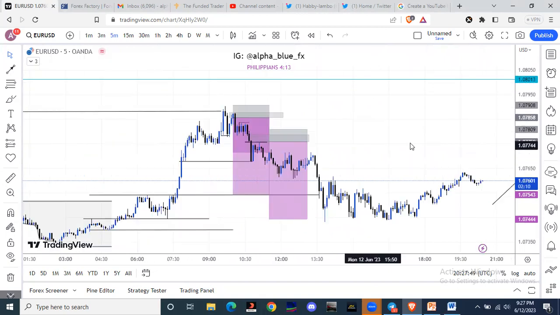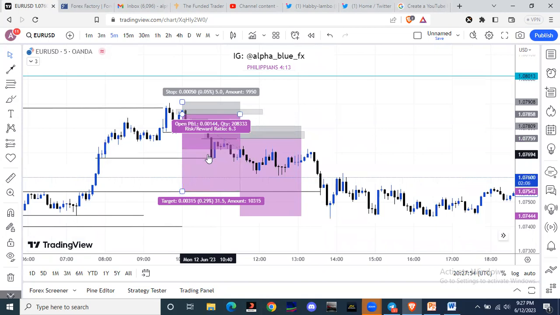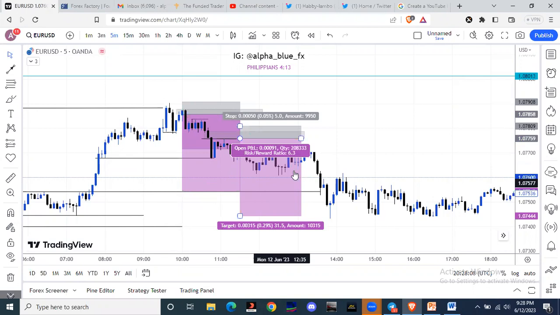Now look at this particular trade that I was aiming to take today. If you look at this position size, I was risking 1% to make 6.3% in this particular trade, which is very good. If this trade had triggered us in, we would have been making 6RR on this trade. This particular one, the same thing: I was risking 1% to make 6.3%. So if you're risking 0.5%, you'll be risking 0.5% to make 3%. It's as simple as that.